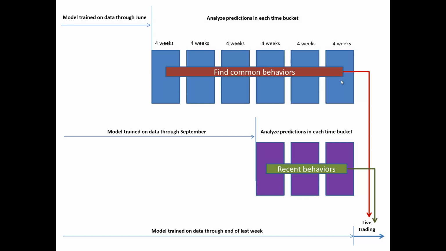And that's what I started with. Show me something I'm seeing routinely, or at least more than once, would be a minimum. And this is trying to deal with the complexity and the random nature of the market. It wouldn't be unusual necessarily for a particular behavior to show up once and just make